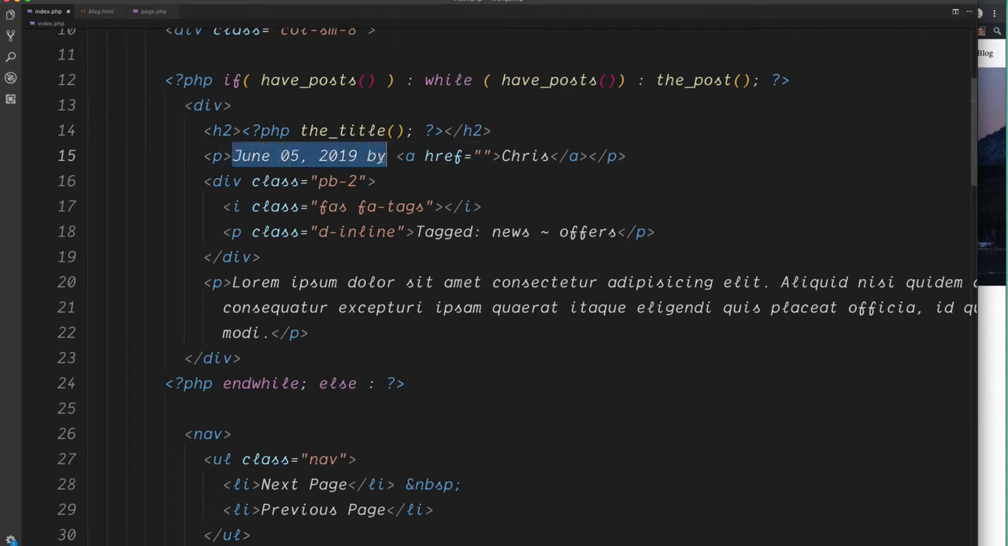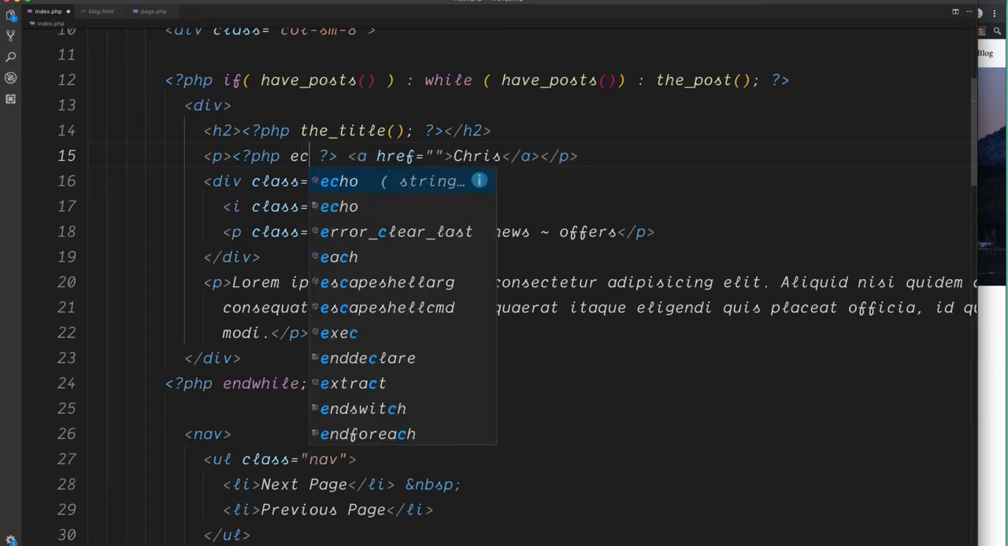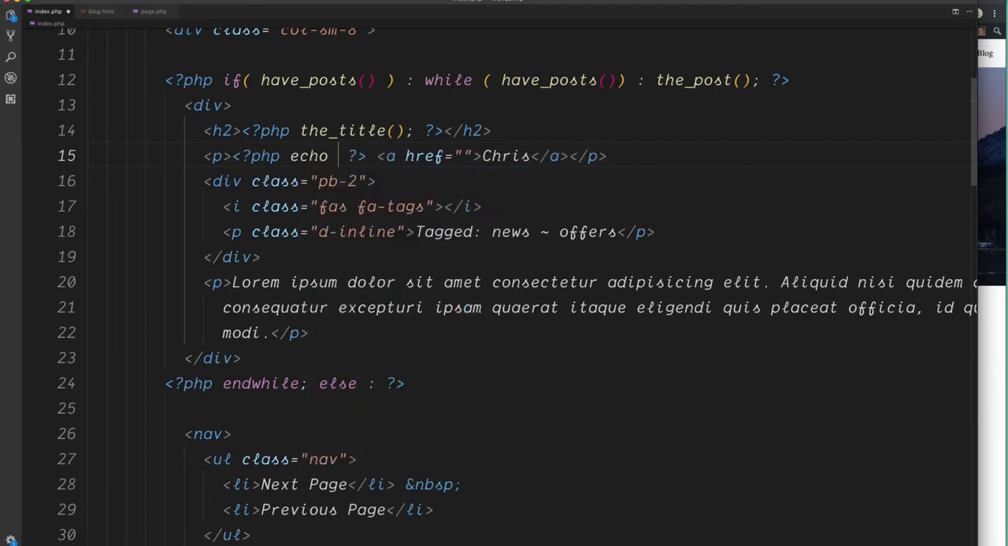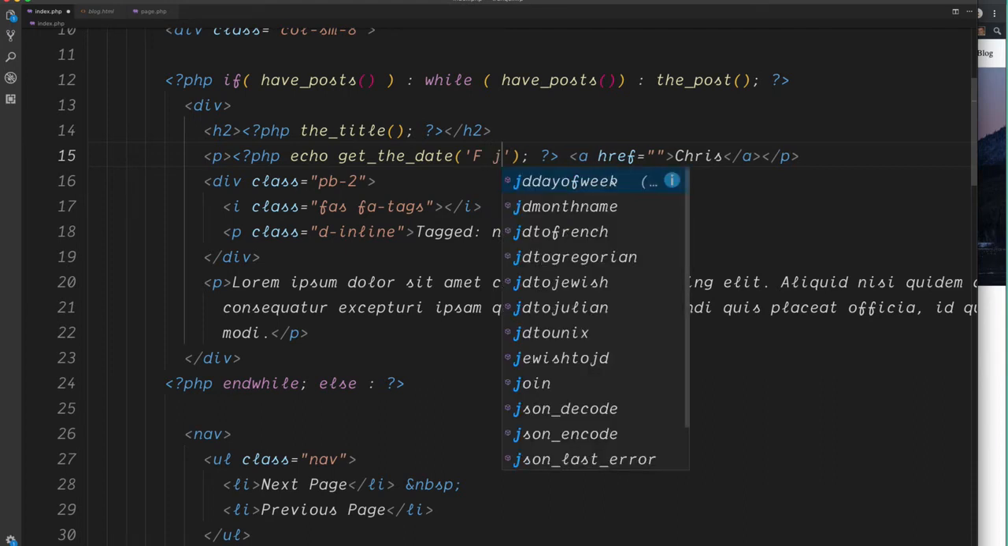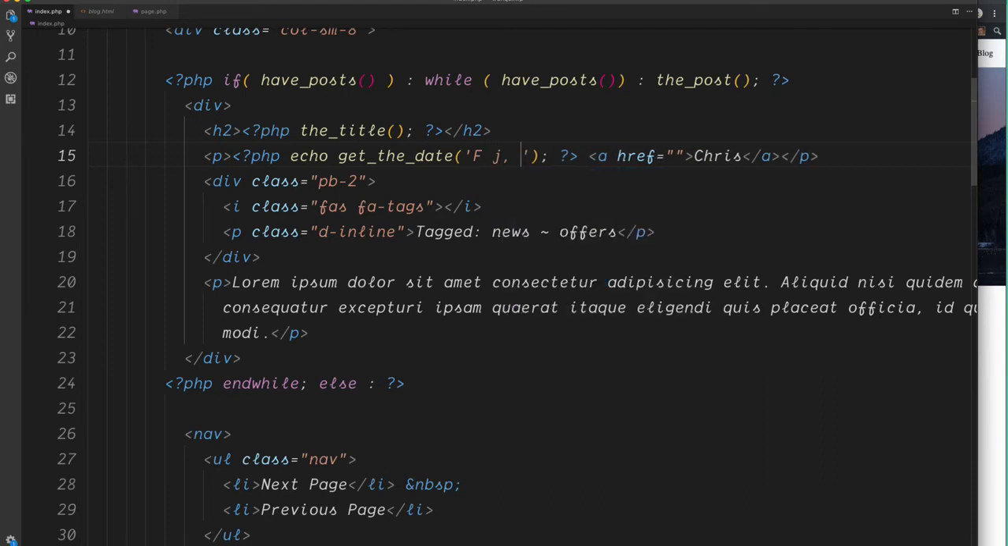So let's remove the hard-coded date into the PHP. Inside here, we're going to echo to display this to the browser, and a function called getTheDate. GetTheDate is going to take in 3 arguments. Inside the quotations, this is going to be a capital F, a lowercase j, then a comma to separate this